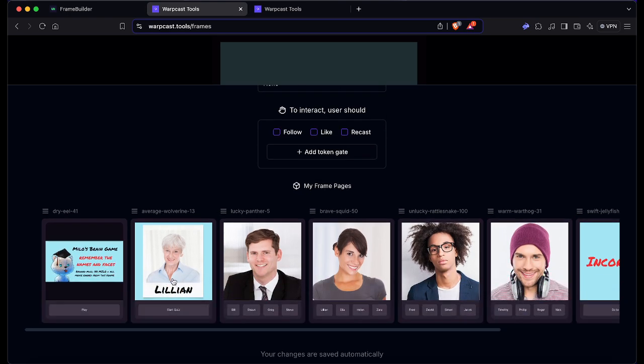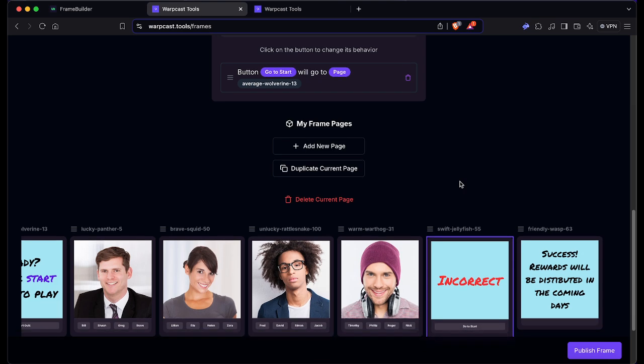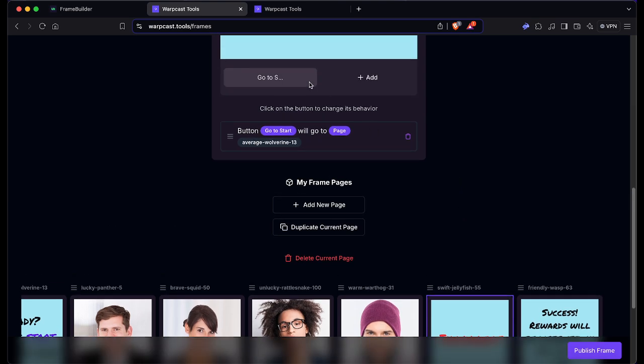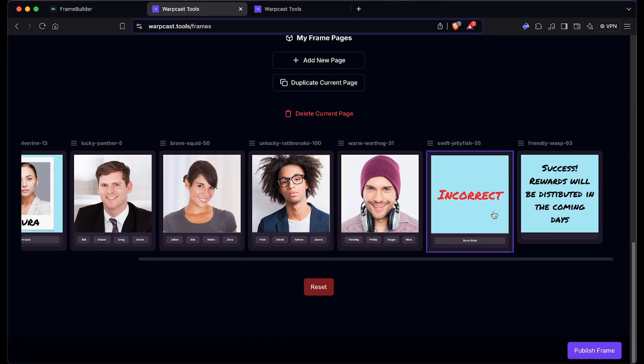And this will go back to the start, as it implies. What I would recommend here is making this action save the user entry, so they can only click this Go to Start button once, and making a duplicate of this 4 times to add to each of the 4 entries. This is what I will be doing for the final version. For now, we can just leave it as one